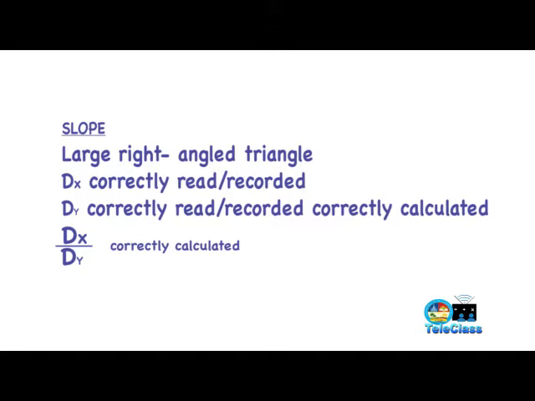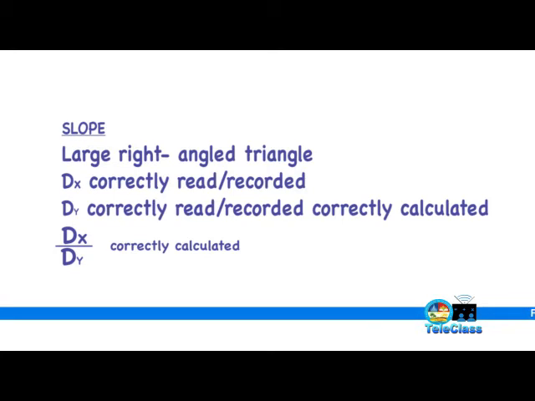Then the next thing is to get the x. The x1 correctly read and recorded. When you draw your graph, you look for the values on the x-axis and the value on the y-axis. If they are correctly read and calculated, you score half mark for each of them. The last one, if it's correctly evaluated, that's the x over the y, correctly calculated, you get the other half